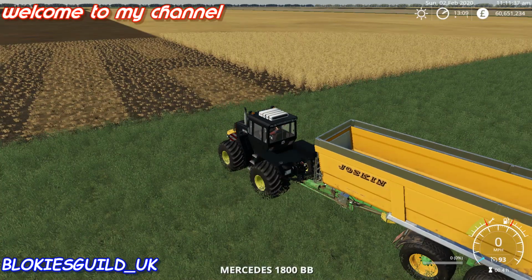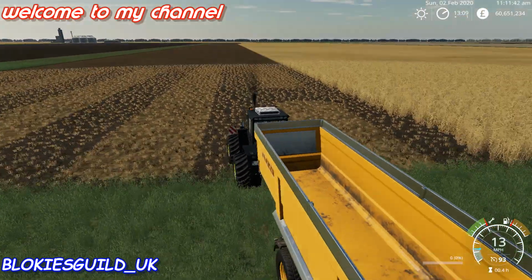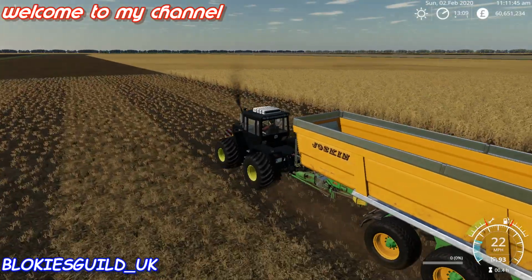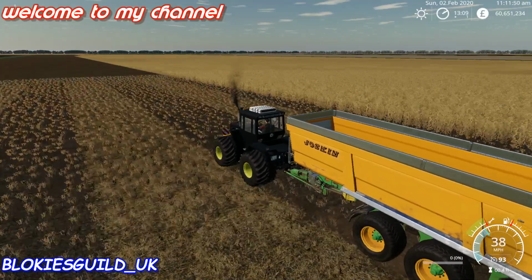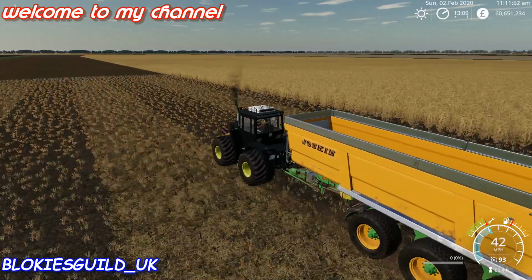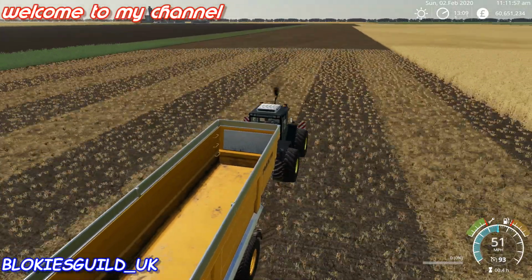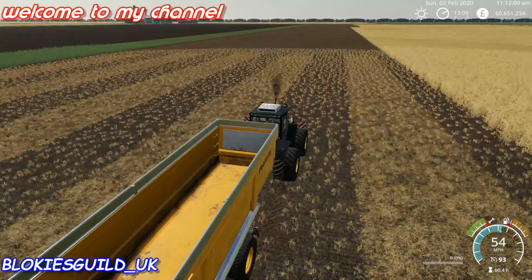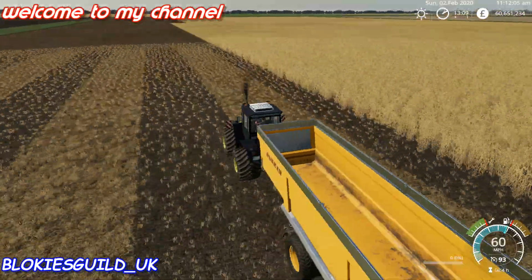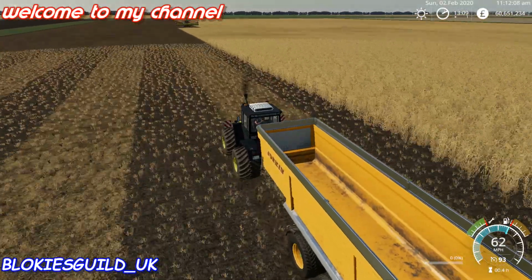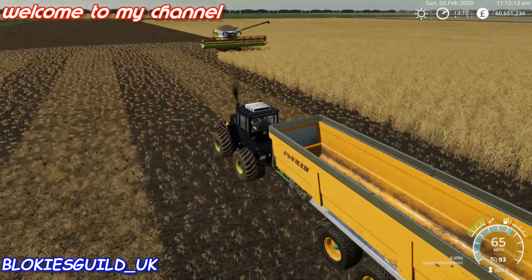There it is. See, with a big farm, if you've got a big farm, you need equipment that goes a little bit faster. Yes, definitely, it is definitely unrealistic. I always play unrealistic, you know. Not to the extreme, but